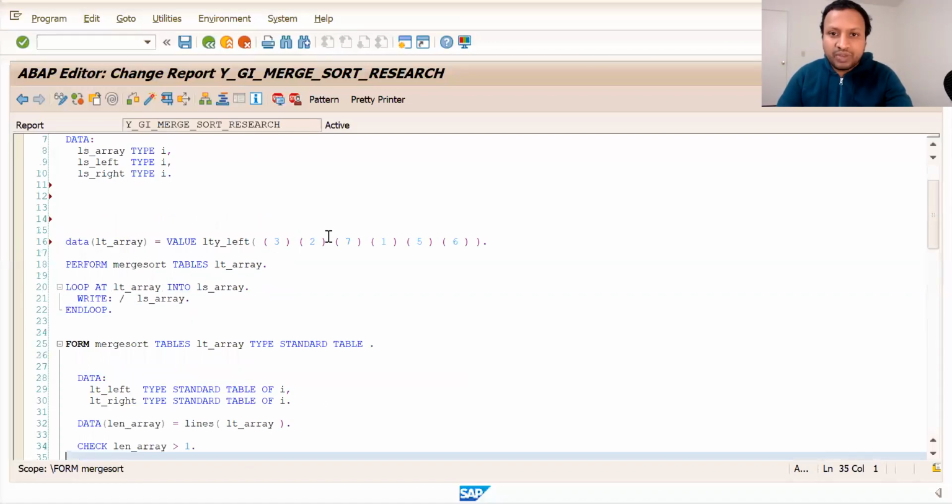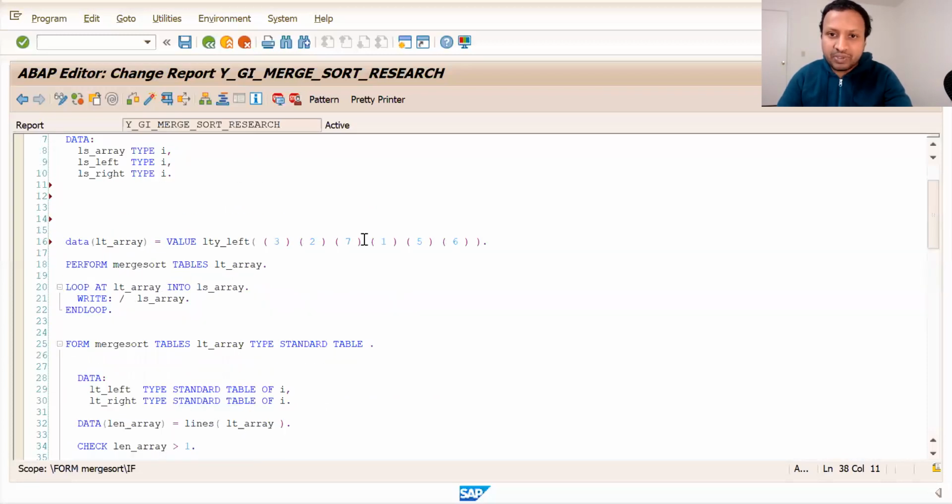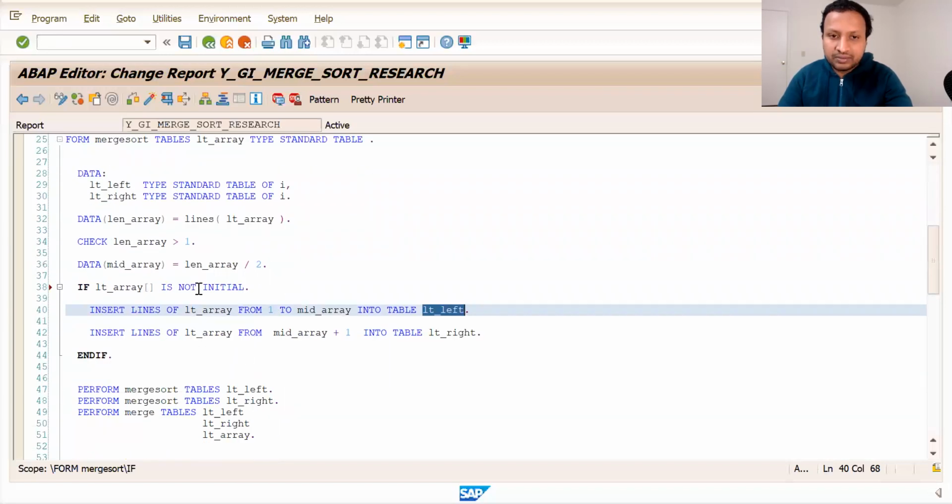When I take the midpoint of my array, the left part of it I'll take into a separate internal table called LT left. As you can see here, I insert lines from this LT array from the first element to the midpoint of the array into LT left.